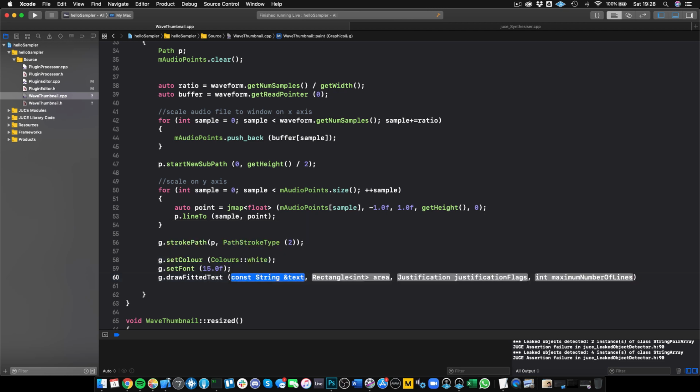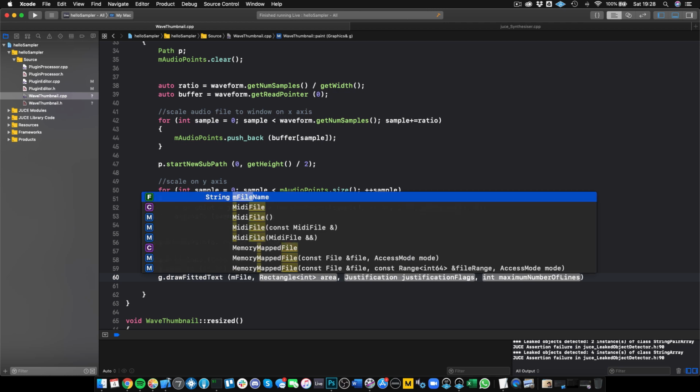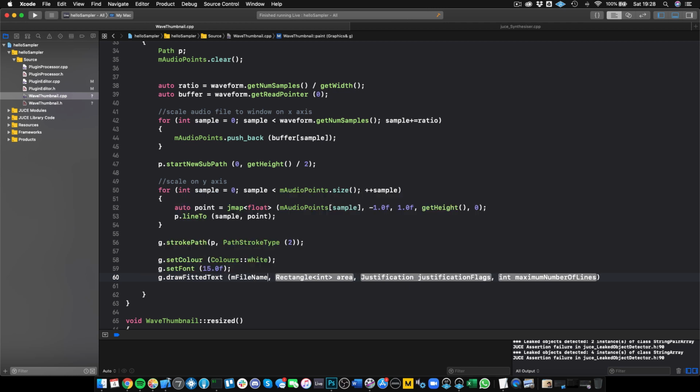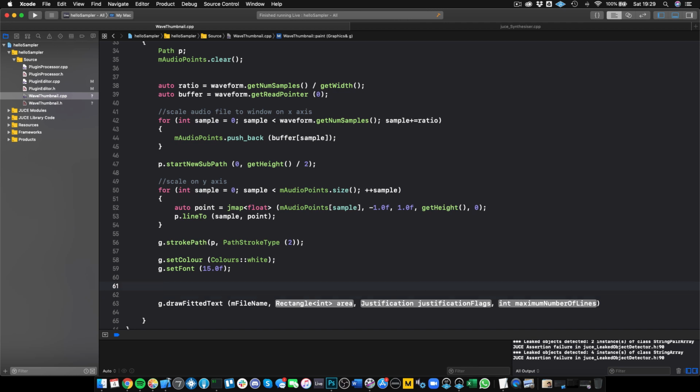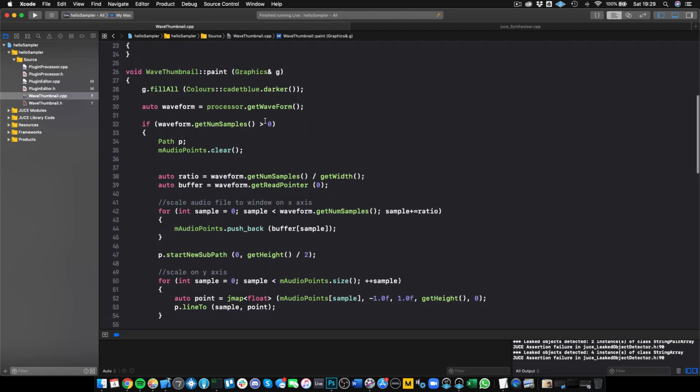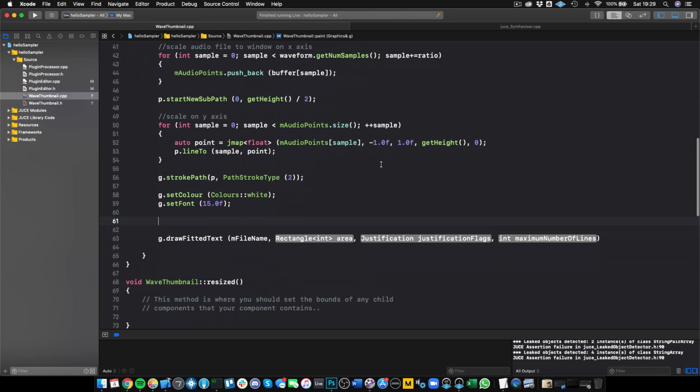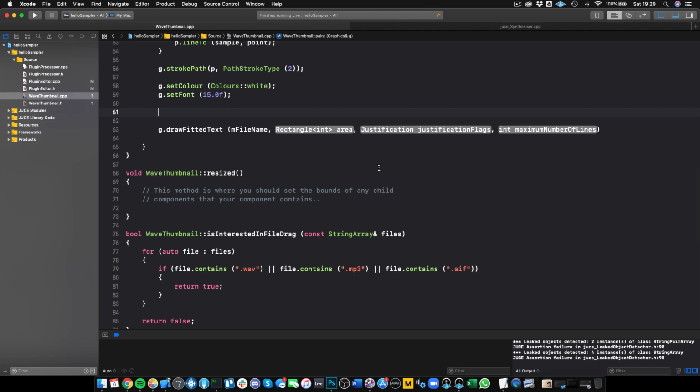Here we can put our file name as the string for the first argument. Then we need the area that we want to actually paint this in. So what I'm going to do is I'm going to set up a quick rectangle of the actual bounds of this component by saying auto bounds